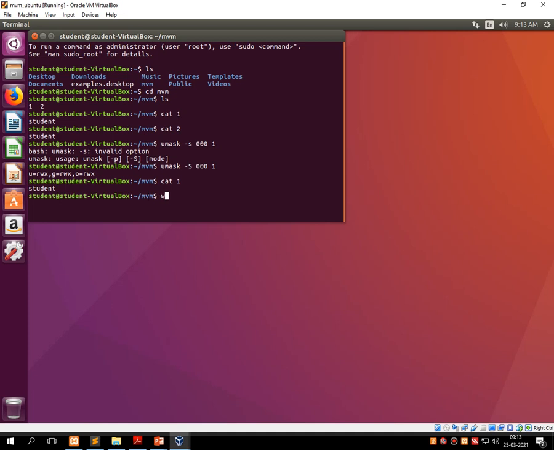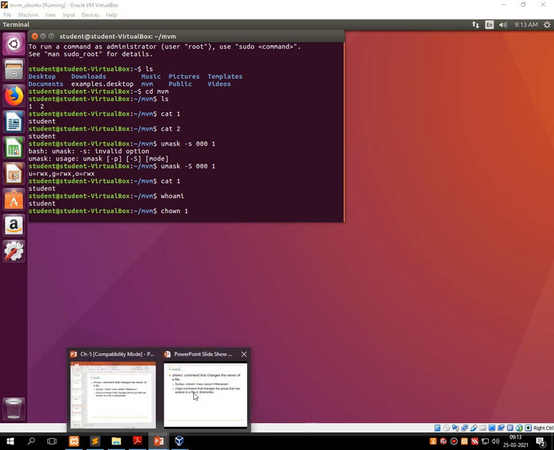Say for example, suppose I type a command called whoami. It prints the name of the owner, that is student. So student is the owner who owns this MVM folder. Now suppose I want to change the owner. For this I need two different users in the operating system, which I have called Ubuntu operating system, and then using the command called chown, then the file name.